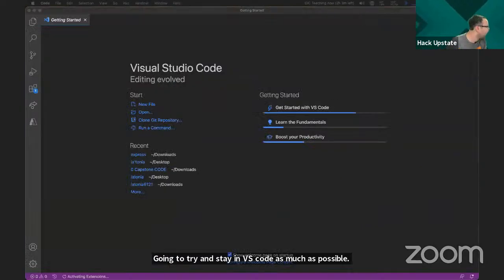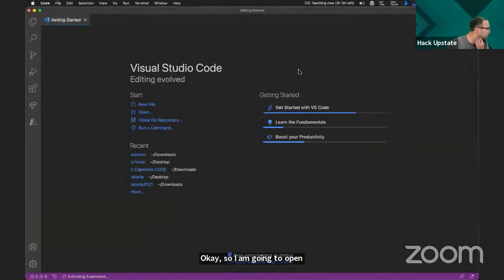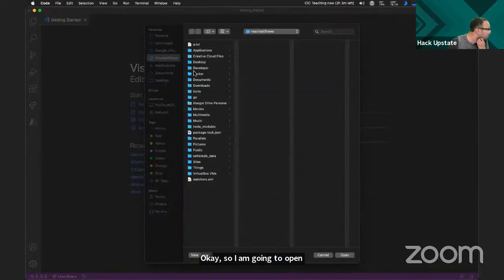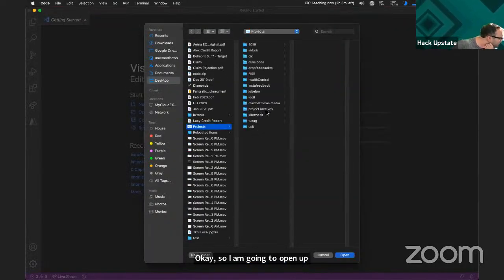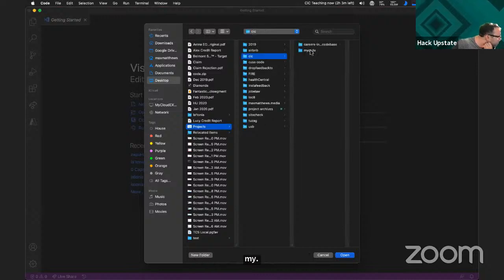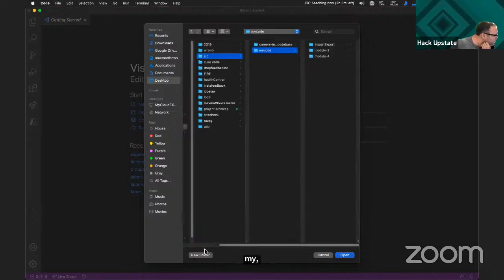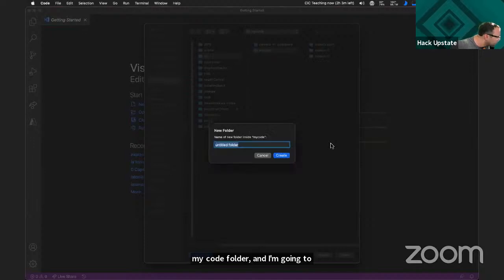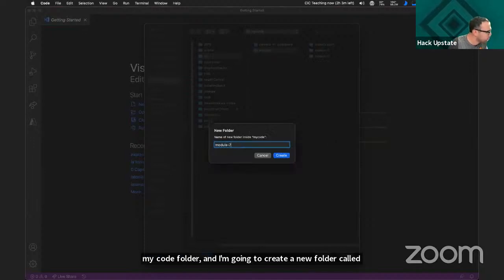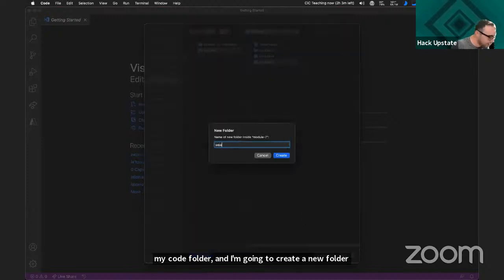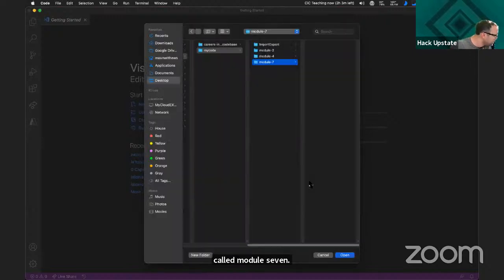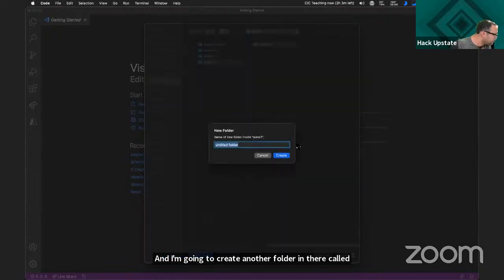Okay. So I am going to open up my code folder, and I'm going to create a new folder called module 7. And I'm going to create another folder in there called week 1. And then in that folder, I am going to create something called add server.